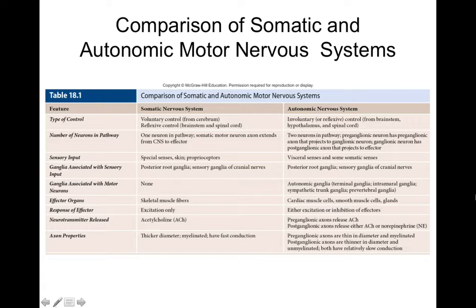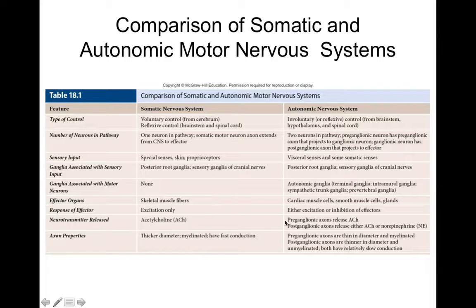How about the type of response? Is the autonomic nervous system only excitatory, or can the ANS be excitatory and inhibitory? It's both, right? How about the somatic motor system? Only excitatory, you got it. So the somatic motor system can only excite skeletal muscle. You can't inhibit skeletal muscle, peripherally. Your brain can actually prevent information from being sent out. But once the information is going to the skeletal muscle, it's only going to be on. You can't actually have information that's off. It's always contract, not information that says don't contract, which is interesting.